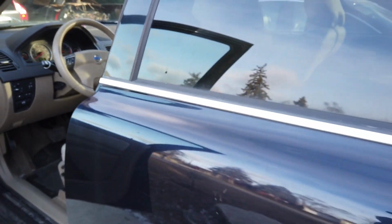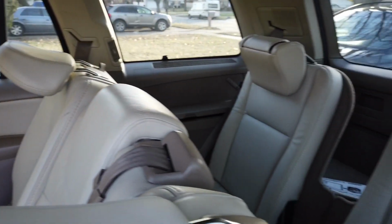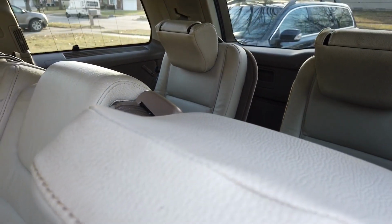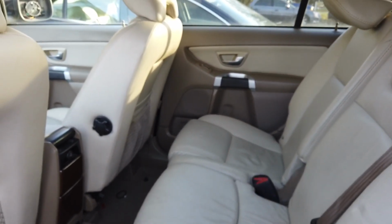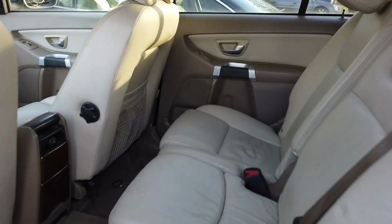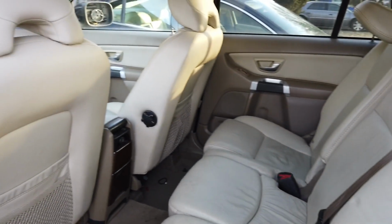We have a second row and we have a third row. For $2,100, let's say it will be $2,500 with a couple of the parts, and it's a clean title car. That was also the reason I got it. So yeah, it is still for the $2,500, and I recommend anybody, if you find one of these